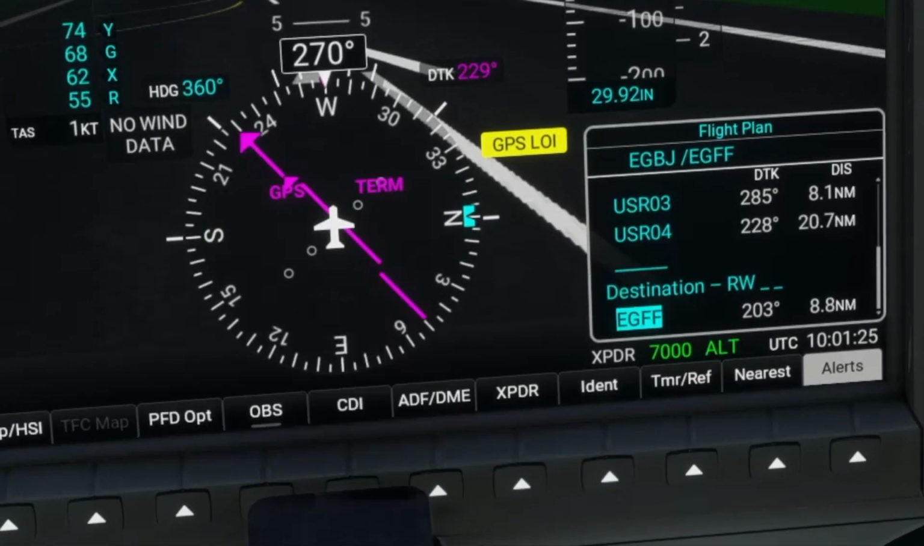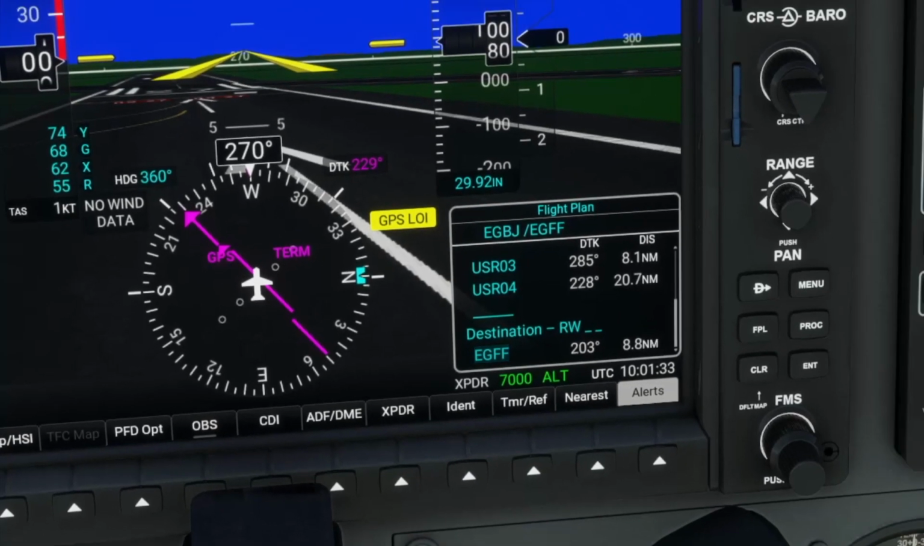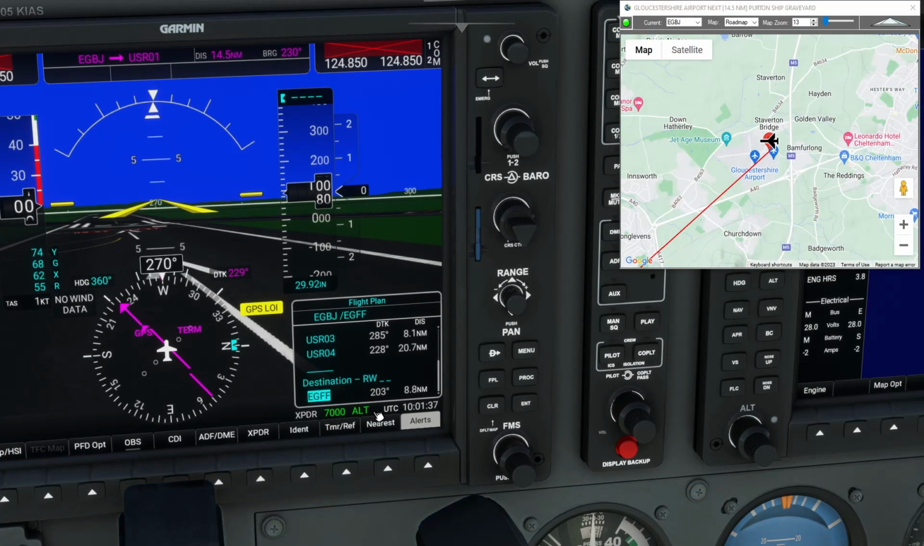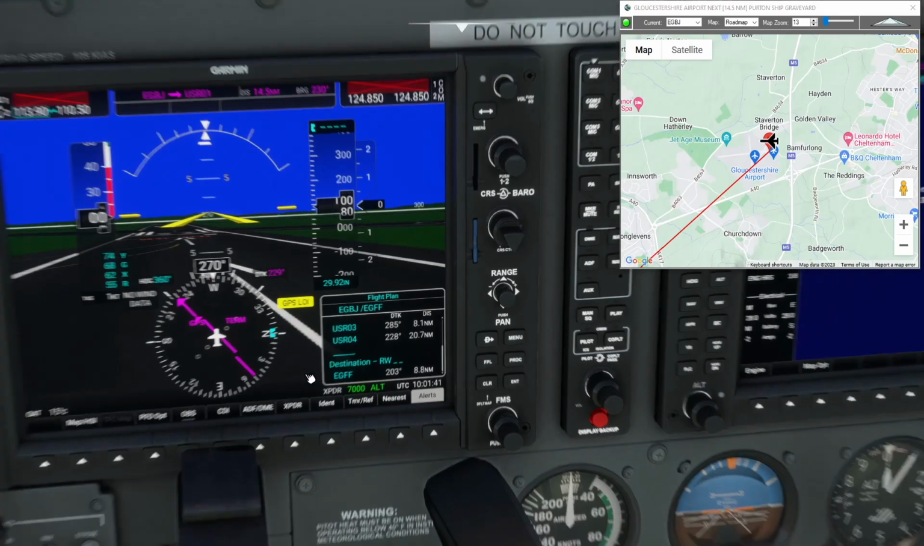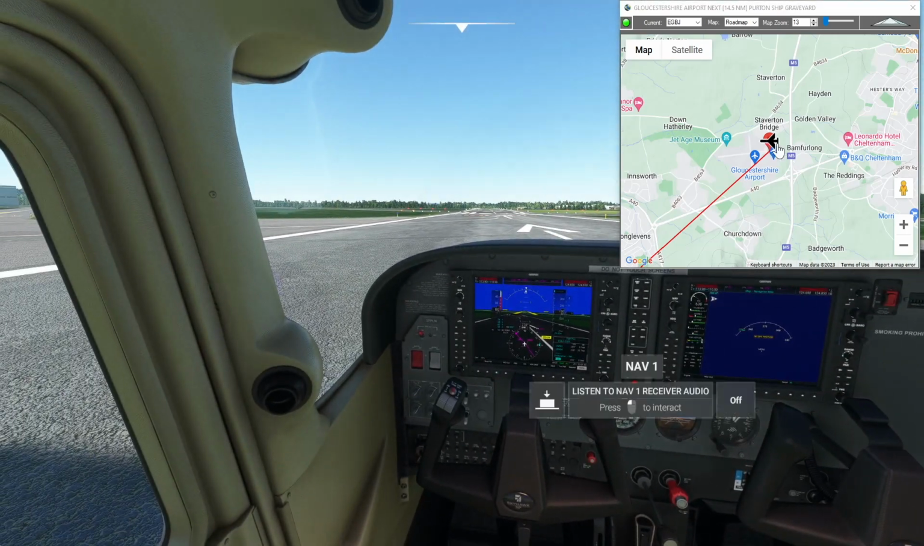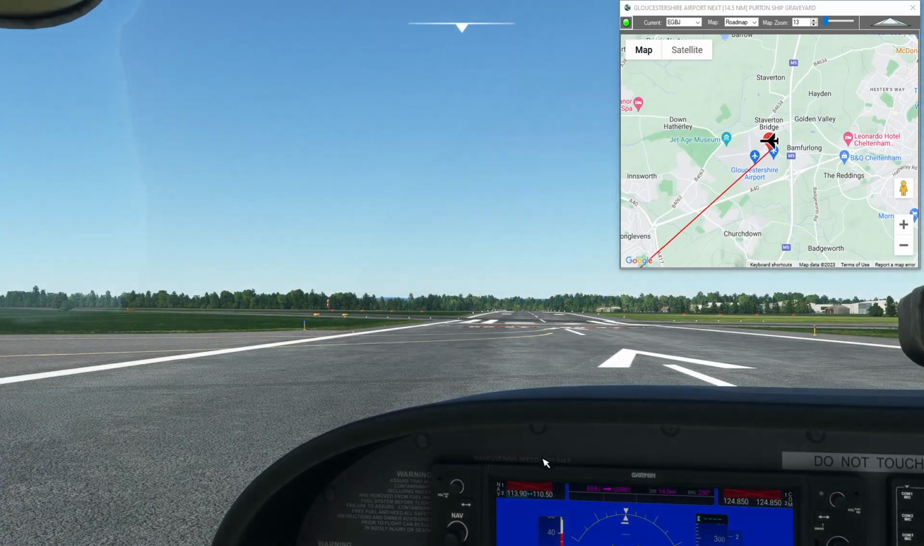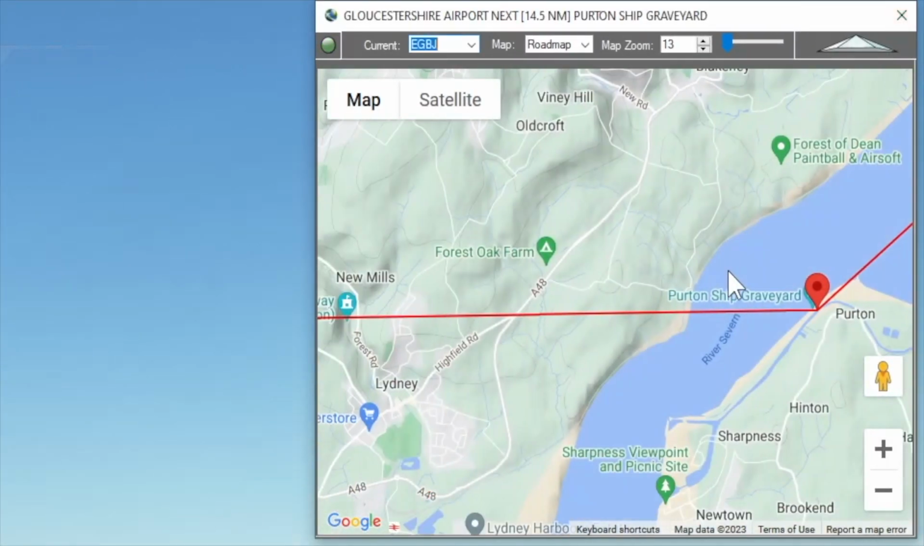So I can set my CDI to GPS and it will just lead me from waypoint to waypoint to waypoint, in this case castle to castle to castle, until I reach Cardiff. And then once I reach Cardiff, notice I'm in Gloucester here. Once I land at Cardiff,